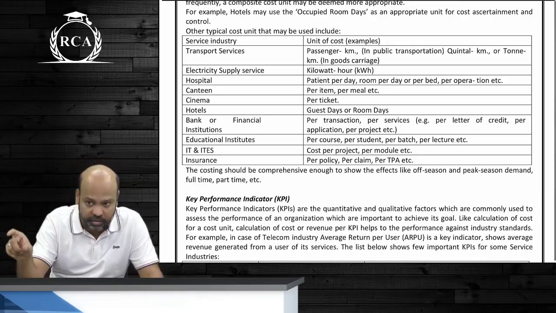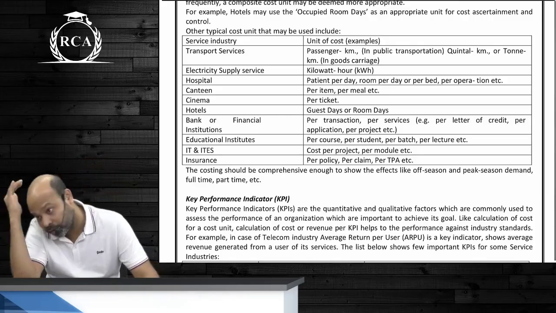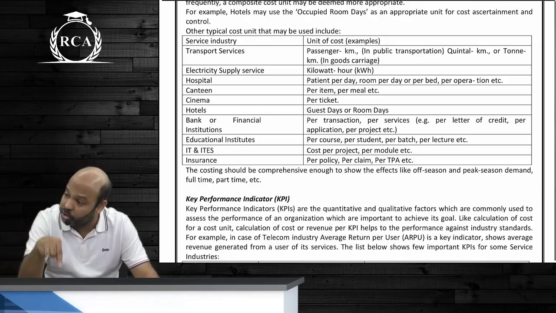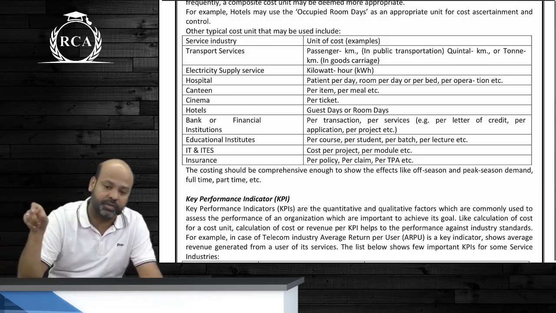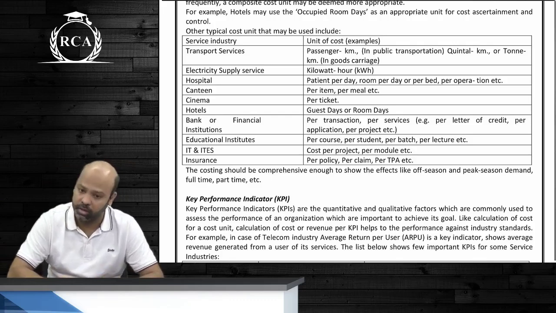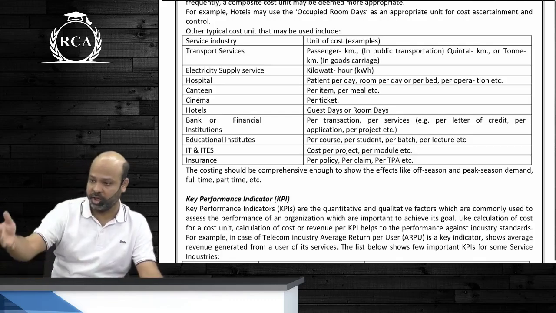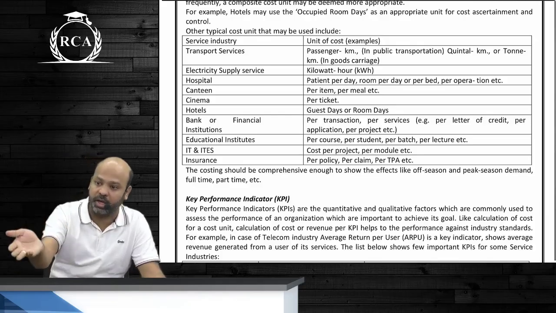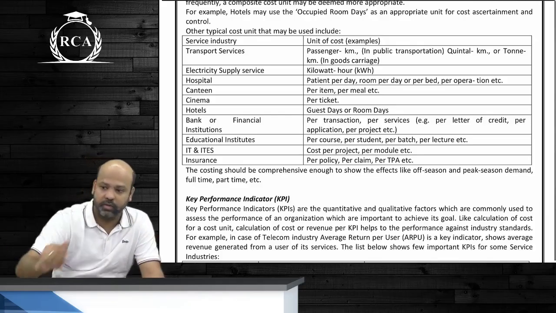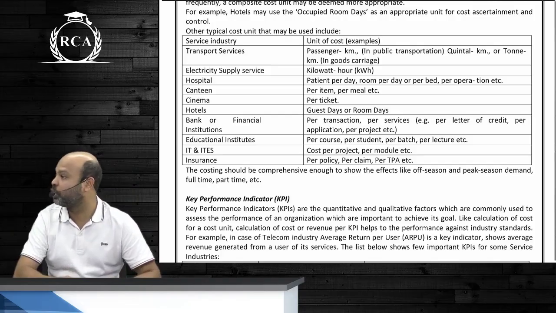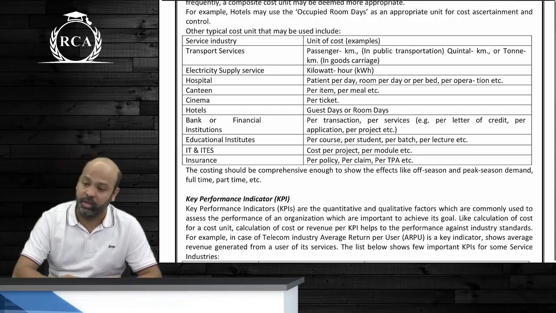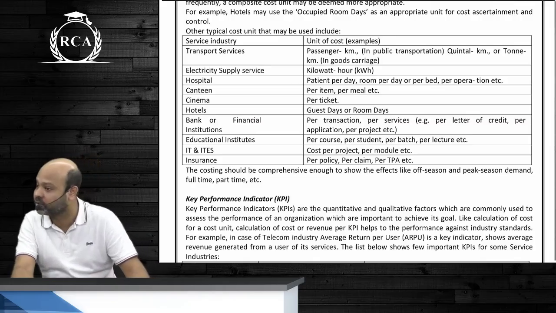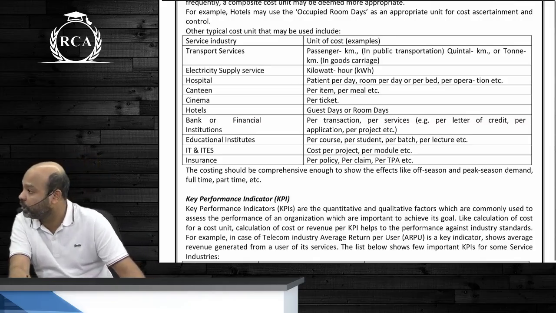That is your critical success factor. An organization can have multiple critical success factors, not just one. And how are you going to measure your performance, beta? For that critical success factor, it becomes your key performance indicator. Studying well is a critical success factor, guys, for an examination. How are you going to measure that critical success factor, beta? Maybe the number of hours that you're putting in effectively, maybe the number of questions that you're solving, maybe the number of marks that you are scoring in the examination. All of these will become what?